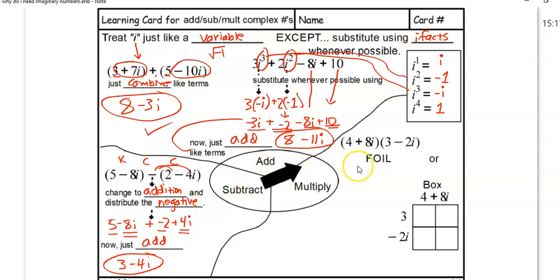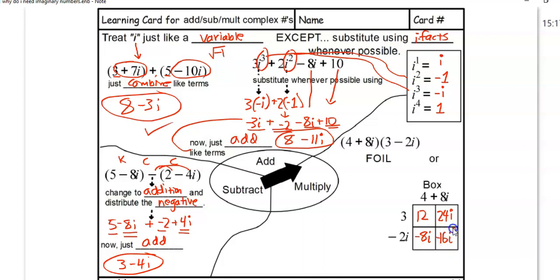Multiply is pretty simple. You're going to like it if you've used box or foil. Well, 4 plus 8i times 3 minus 2i. Put them in the box. In the outside dimensions, 4 times 3, that's 12. 8i times 3, that's 24i. 4 times -2i, that's -8i. And then finally, -2i times this 8i over here is going to be